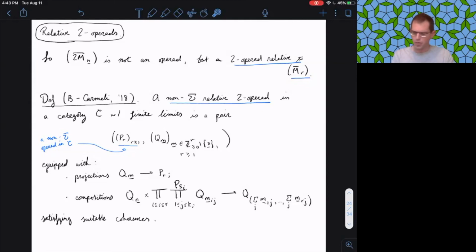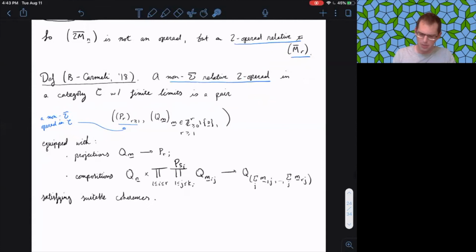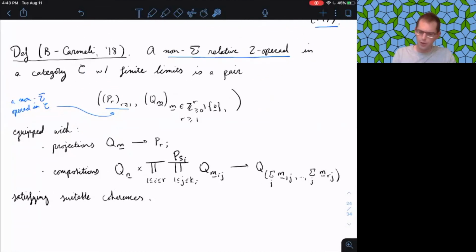And so to define this notion, we just took the properties that the 2-associahedra have and replaced the associahedra by an arbitrary operad called P down here, and then used the properties of the 2-associahedra to write down what we'd want a general relative 2-operad to satisfy. And so here's the definition. So we're working in a category with finite limits so that we can make sense of the notion of a fiber product. And what a relative 2-operad is, it's a pair of an operad, P sub r, together with